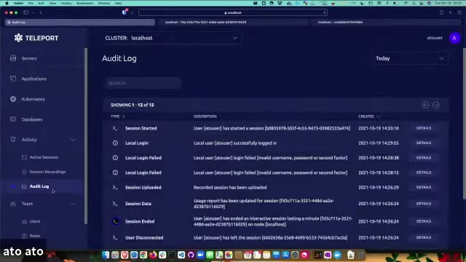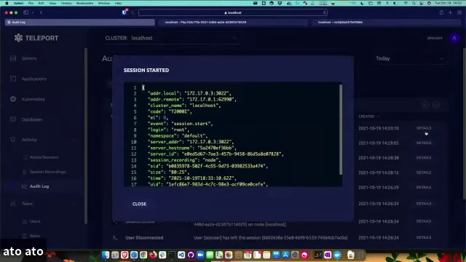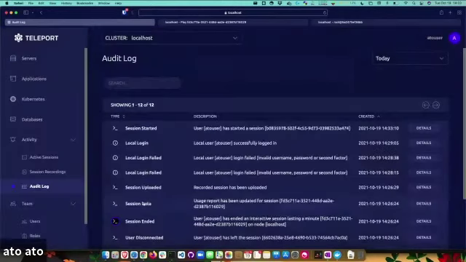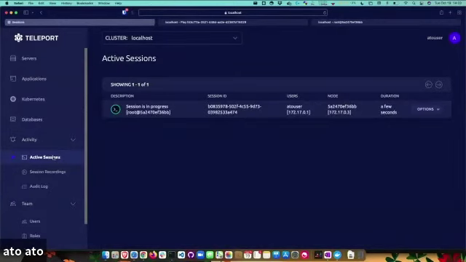Teleport, on the other hand, is starting to audit this to see that, hey, this user has created a session within that new environment. Here's what they're doing. And we have two forms of logging. This is kind of our default logging, where it's just basic, letting you know a user's connected, they've done this, and it's doing a session recording. We actually have an active session, so I could join this session. And then when it expires, when I exit out, we'll have a session recording of this as well.